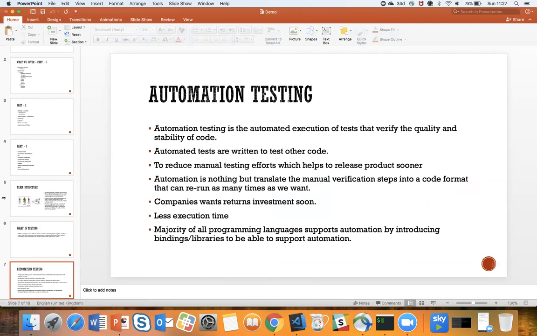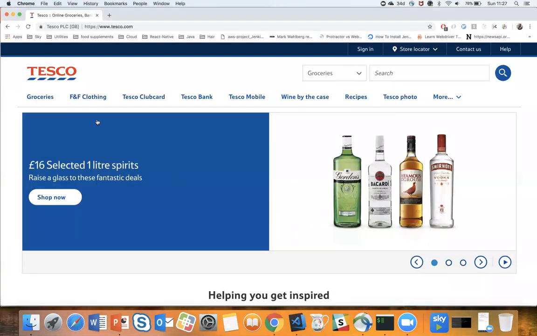It means that you are going to write an automation test, and you're going to execute those tests and see if it matches or not. So you are going to write a new script. When I say script, it's an automation script. You are going to write an automation script to verify